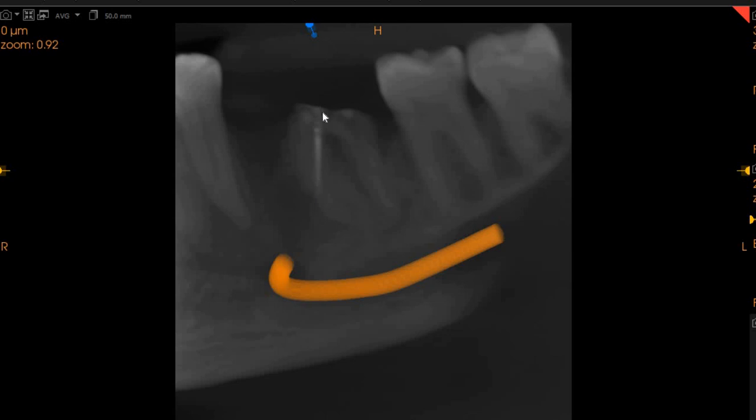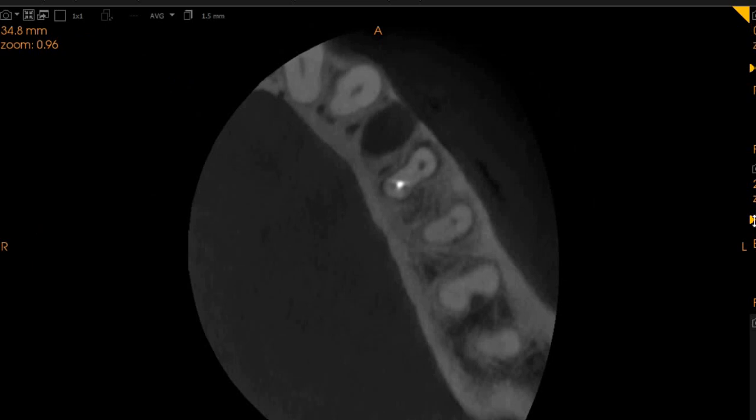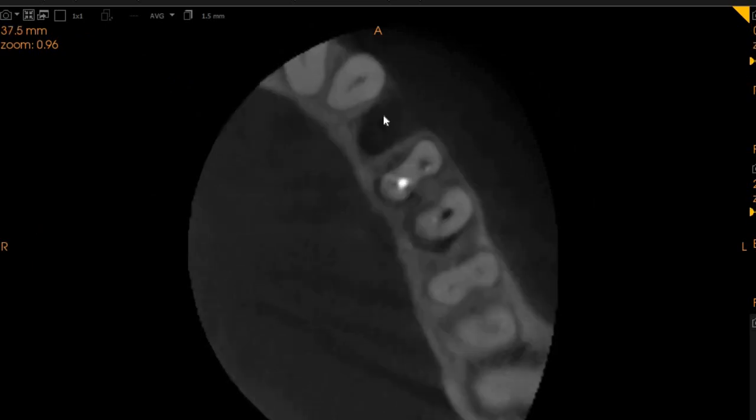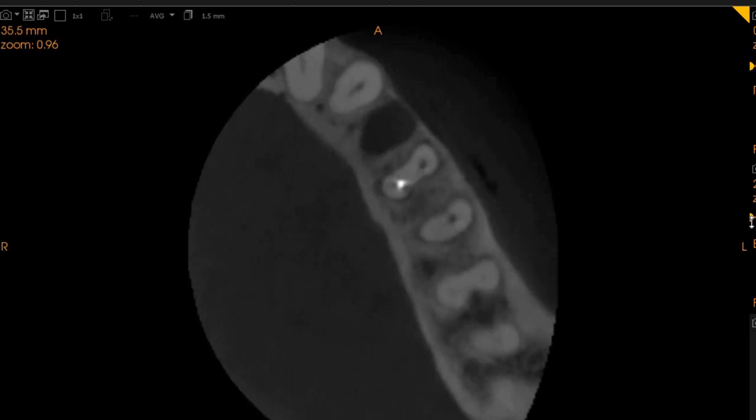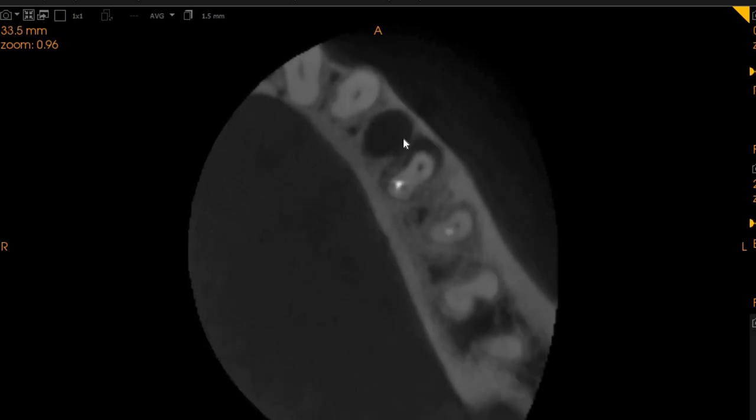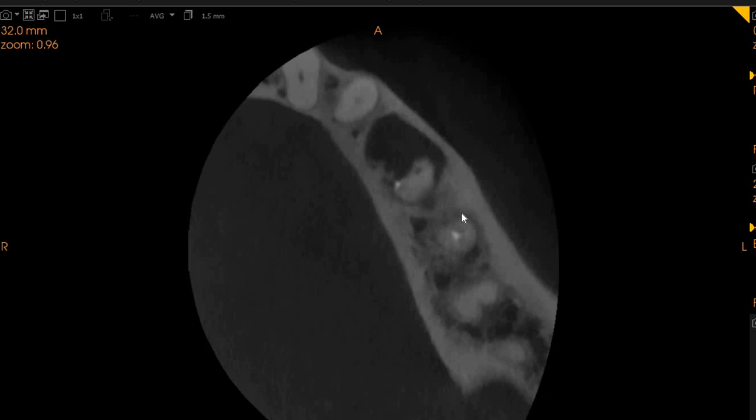As you can see, there's an obturation material, or radiopaque material, within one of the canals, whereas a slight radiopaque material can be seen in the distal canal as well. On the axial view, which is the top to bottom view, we will show you that this is the region of the 5, which seems to be recently extracted. There is no bony architecture present, and we can see a huge radiolucency